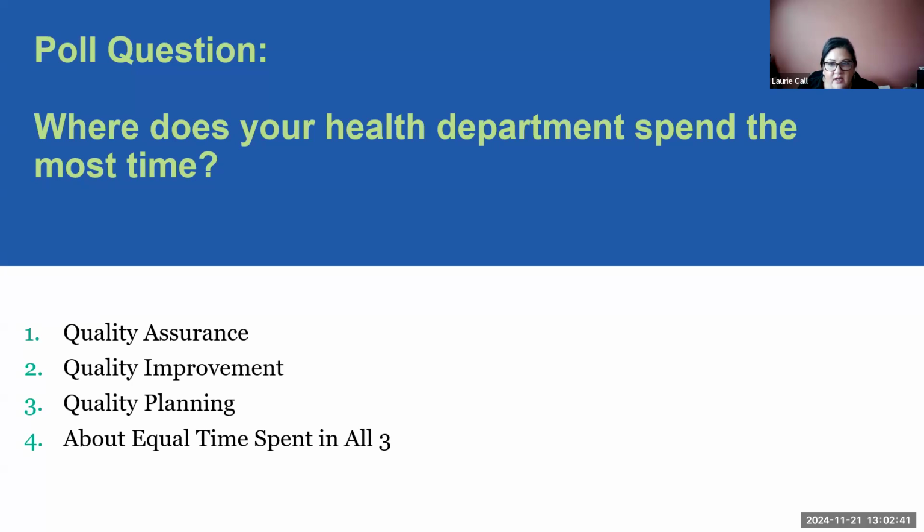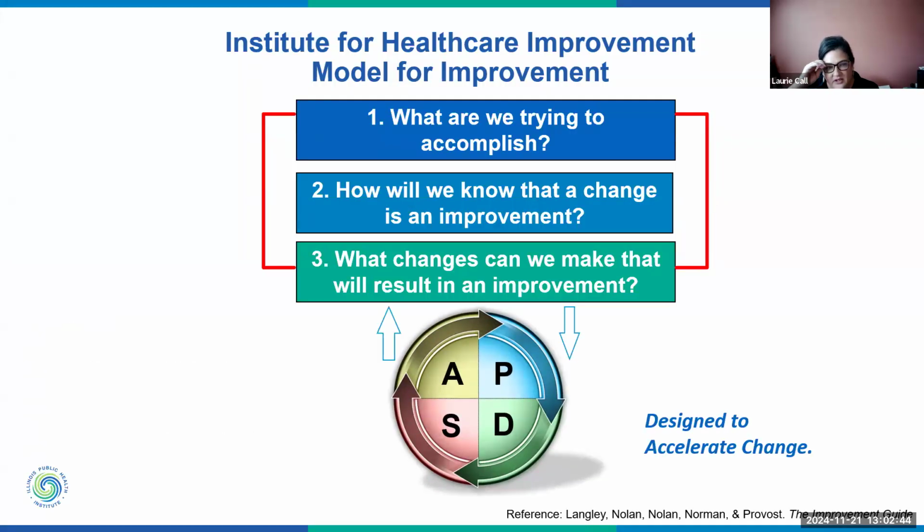Okay, so we have talked about the three in the quality trilogy, and now we're going to talk specifically about quality improvement. And we're looking at the Institute for Healthcare Improvement's model for improvement. So there are different models that you can use for QI. I have been training on QI and leading quality improvement collaboratives and providing coaching on QI since maybe 2010, so nearly 15 years. And I have almost always used the model for improvement. I think it's easy to understand and follow. And I've adapted